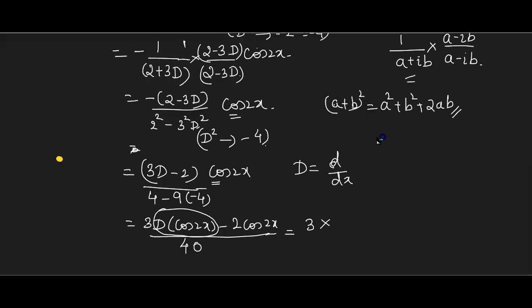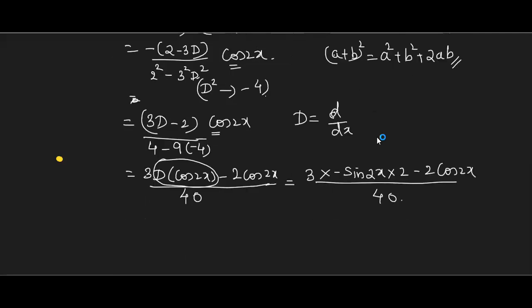Derivative of cos is minus sine 2x, by 2 or into 2? Into 2, ma'am. We are differentiating it, right? Just multiply the terms and write down, that is your PI. This is your PI. Now I can say this is the required PI because there is no D at all. So PI should be free from D. Therefore, what is the last step?